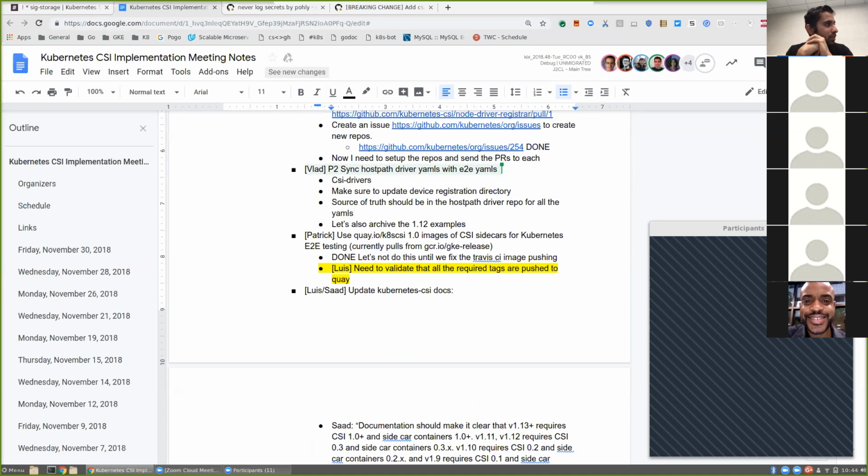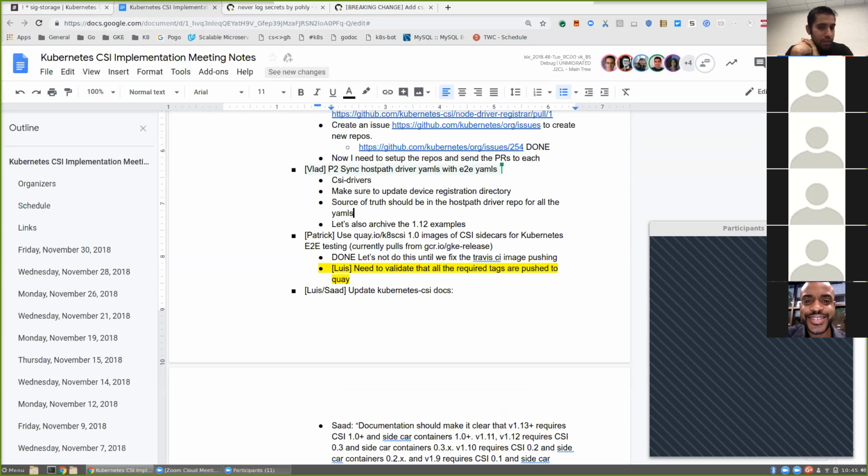Yeah. I think before we update the end-to-end test to pull from the repos, we should do this change. But I think right now it's just copying the YAMLs. He already did that. So he already copied the YAMLs over. They exist on the host path side. They're just not being used by anyone. Yeah. So maybe the next step would be to actually go and split this thing up.